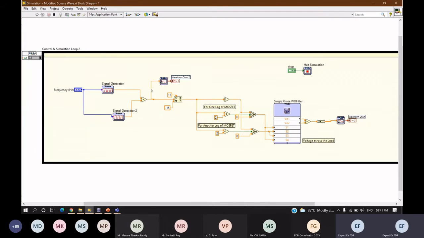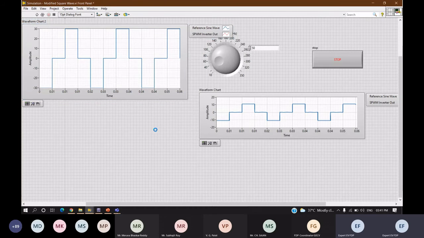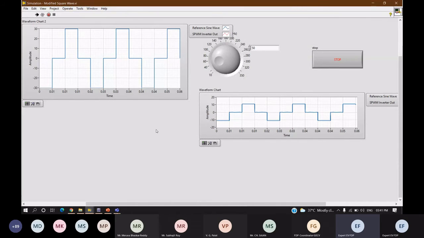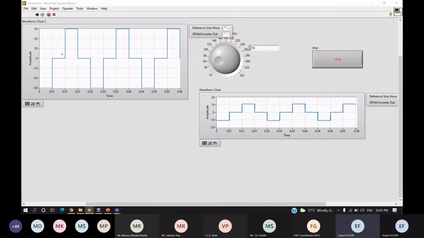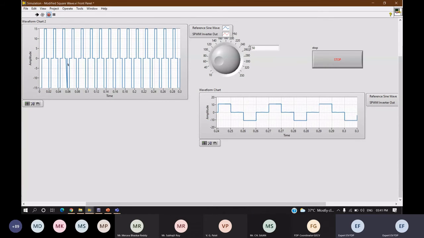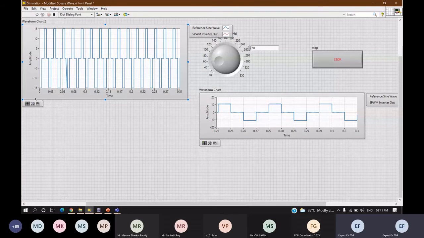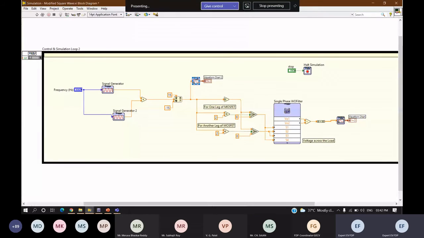I can just show you. Instead of connecting here, I'll connect the output of this in range and coerce. You can see I'm providing my upper limit as 15 and lower limit as minus 15. Now if we run, as it is a simulation, it will take some time. So now you can see my signal, the maximum and minimum voltage, is coerced between minus 15 to plus 15. To do that, we are just using this in range and coerce function.